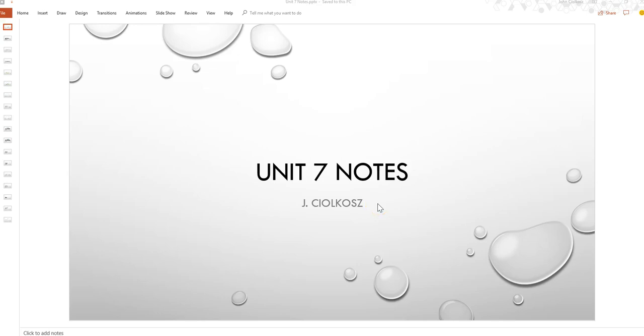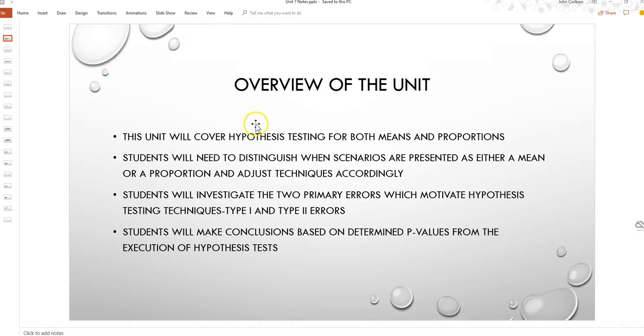So these are our notes for Unit 7. The goal of this unit is going to relate to hypothesis testing. Okay, so this unit will cover hypothesis testing for both means and proportions. Students will need to distinguish when scenarios are presented as either a mean or a proportion and adjust their techniques accordingly. So this is similar to stuff we've done pretty much all semester, but really got heavily into when we